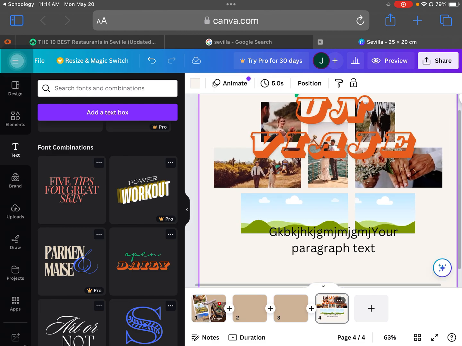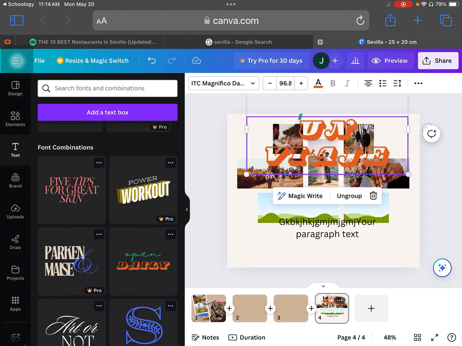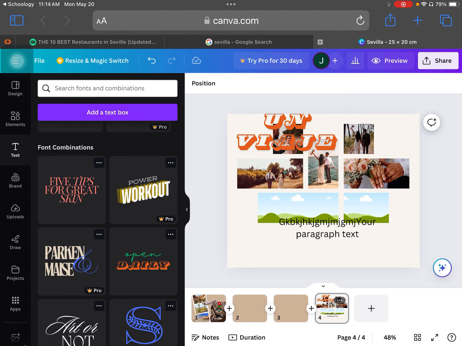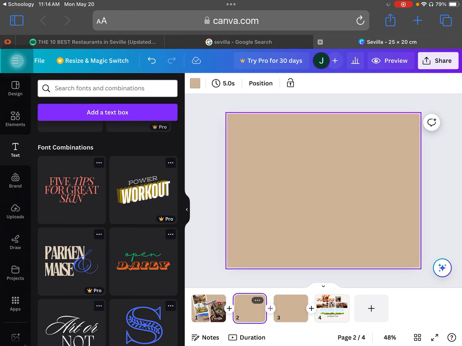You can make it smaller or bigger, the type style. Pulling in my corners, right? I can make it smaller or bigger. I can layer it and so on. So you can mess around. Stay away from the pro ones. There's lots of different things you can do with the text, lots of different things you can do with the photos, right? The last thing I want to show you is how to add in